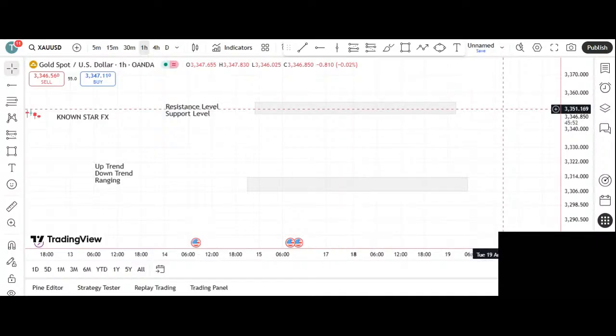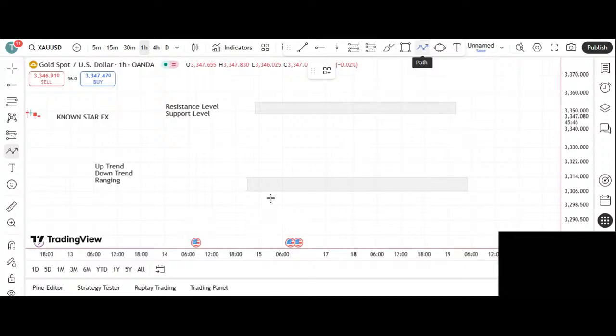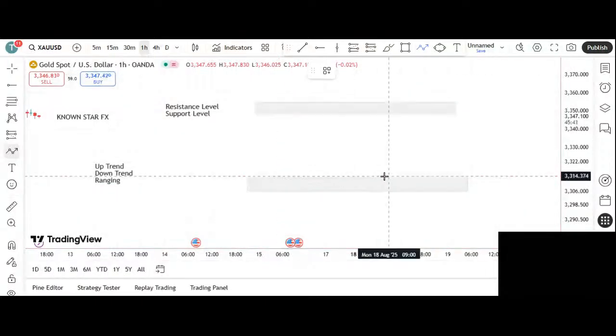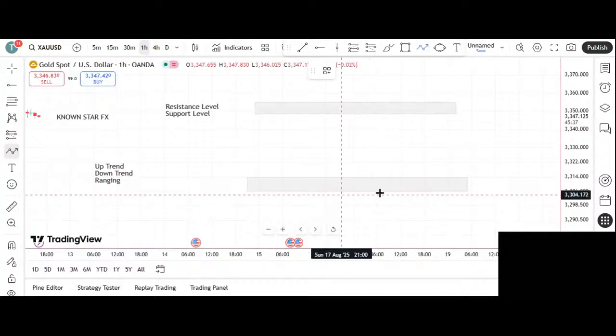The support level is formed at the downside of the market. Now, let me use this part to give you an example of what a resistance and support level looks like. Now, like I said, this is at the low. So we're definitely going to be calling this zone that I mark out at this low